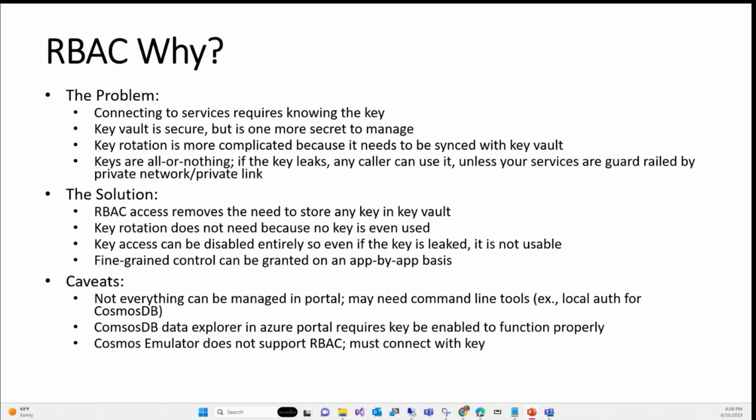So RBAC, why? I'm sure you might have used at least one service in Microsoft Azure. I'm going to pick in this case some data services, right? For example, Application Insights or CosmosDB or Azure Storage or indexing service or Redis Cache or translation service, you name it. How do you connect to those services? If you want to connect to those services, you use something called access keys, right? Which is the basic authentication keys.